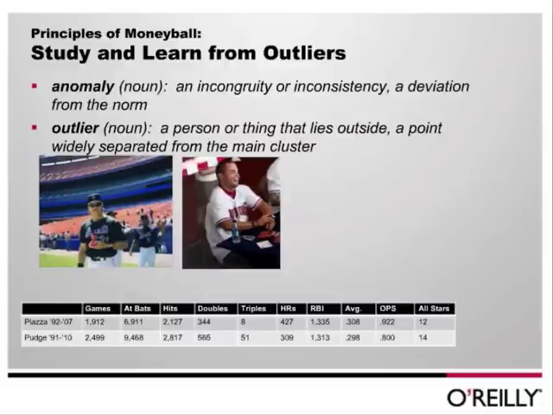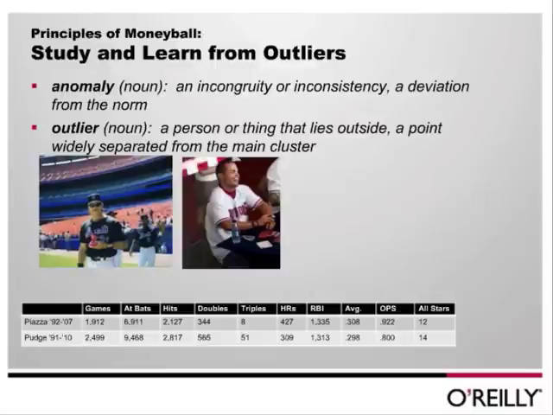However, the difference with an outlier, or at least in the way I'm going to describe it here, is that an outlier is something that is more likely to recur again, and generally, therefore, an explanation may be found as to why that outlier exists. What you see here is a picture of two baseball players on this slide, and the reason